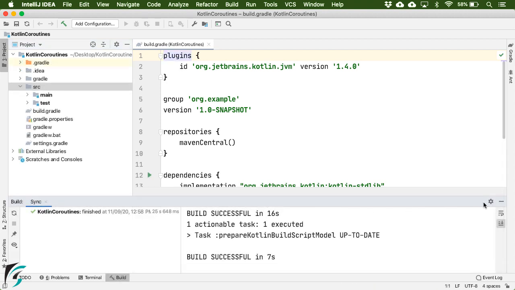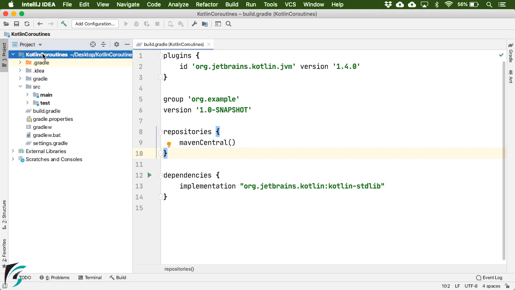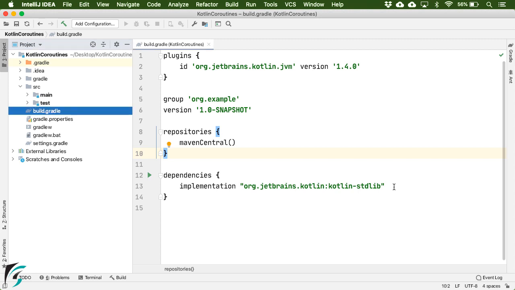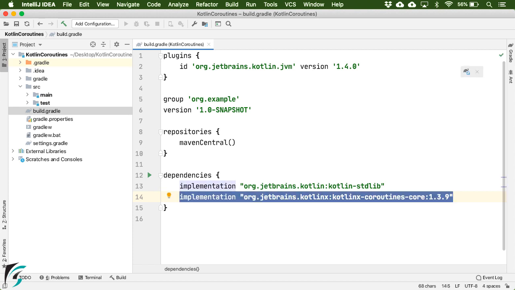So once your project is created, you will get your build.gradle file right in front of you. If you don't see it here, then from your project, navigate to the build.gradle file. And within this file, within dependencies, just add this statement. Well, this statement will integrate Kotlin coroutines in your project.